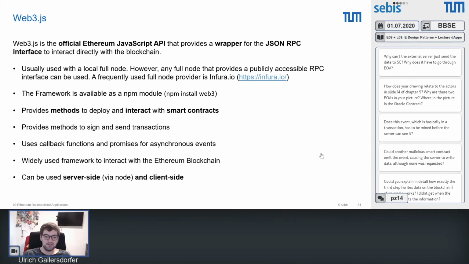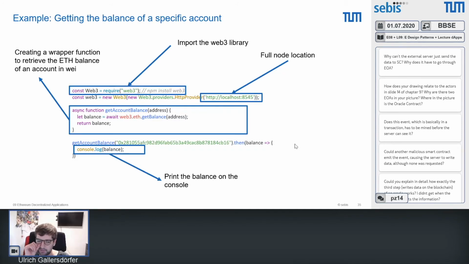So this is also what we use when we develop something. The smart contract part is obviously very small, and I think, from lines of code, the smallest part of your project. But with Web3.js, you have a lot to do in terms of how you are going to handle transactions, how you get data, how you facilitate all that. Let's take a look at how that works. So here is an example to get the balance of a specific account within your browser. You could put this in JavaScript, include the Web3.js library, and actually get the results if you provide a full node here,